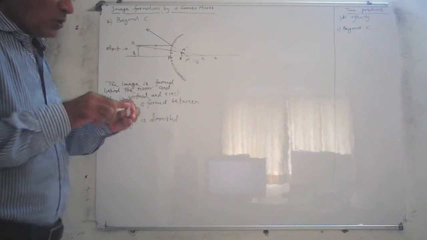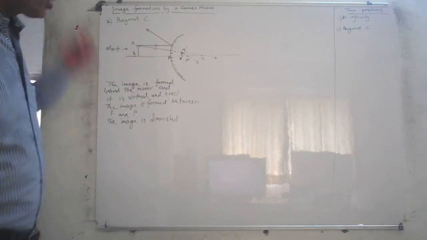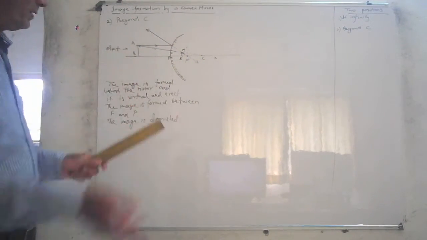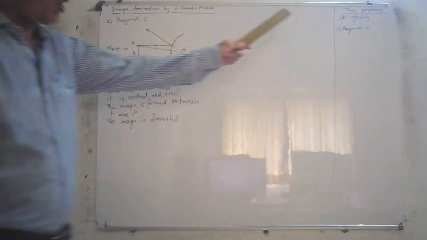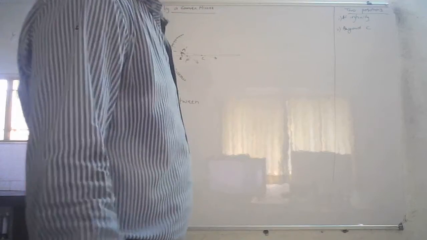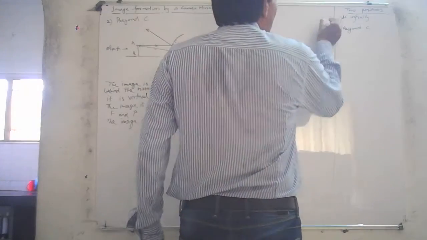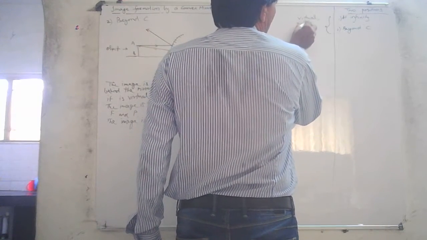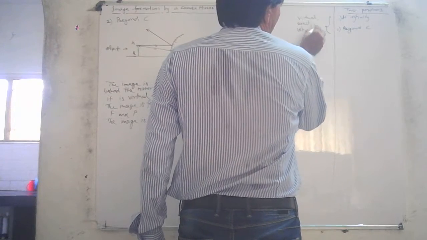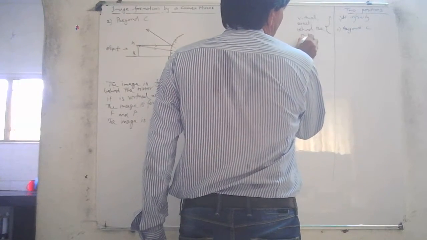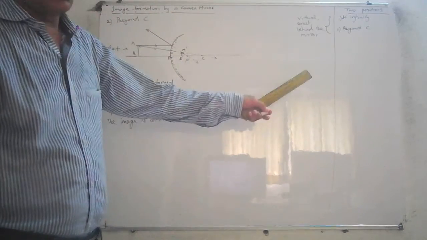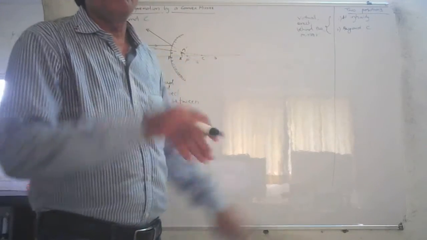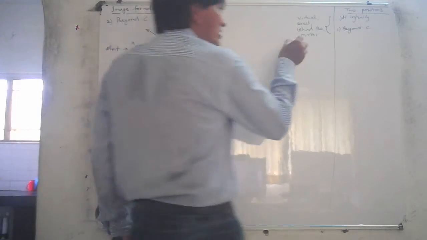So these were two positions. Let's understand both of them together. First of all, when the object was placed at infinity, the image was formed behind the mirror. This also you can see behind the mirror. So what is common in both the cases? In both cases, the image is virtual, erect, and behind the mirror. You can see this is common in both positions. A virtual image is formed, the virtual image is erect, and the images in both the cases are formed behind the mirror. And of course, in both cases, diminished.